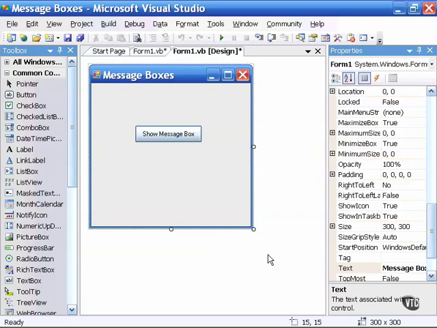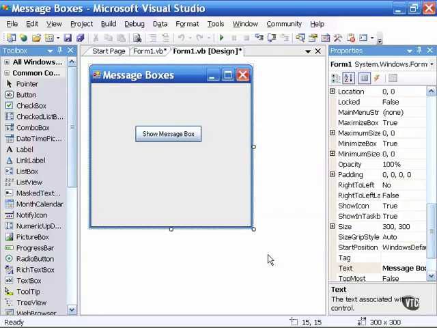In this movie, we will discuss the use of message boxes. Oftentimes, you will want to display a message box to the user to display a message, or maybe to respond to invalid data, or perhaps when the user has neglected to enter some required data. You can display a message to the user in a message box, which is nothing more than a special type